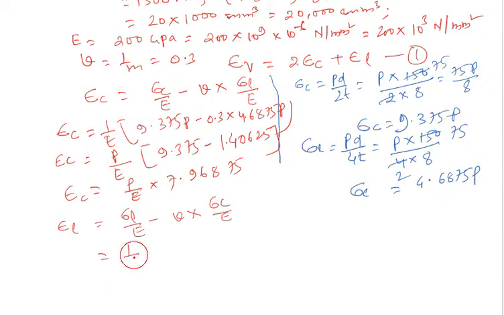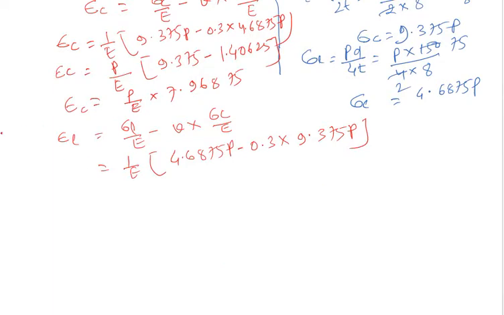So this will be 1 by E into, now value of sigma L longitudinal stress, that is 4.6875 P minus 0.3 into sigma C is how much, that is 9.375 P. Correct. Now P is common, this is epsilon L is equal to P by E into,